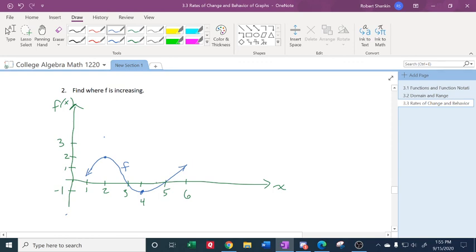All right, excellent. You have an intuitive idea of where it's increasing. But how do we communicate this is really what we've got to get really precise about. Let me tell you 2 ways that we could communicate where it's increasing. The first way is not correct. If we stated where it's increasing by giving an interval along the y-axis,